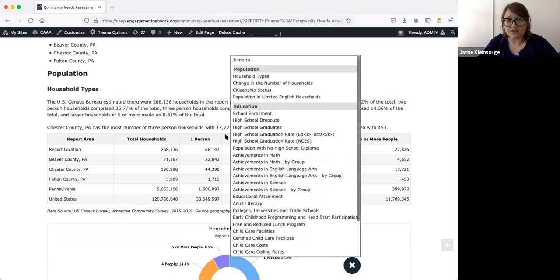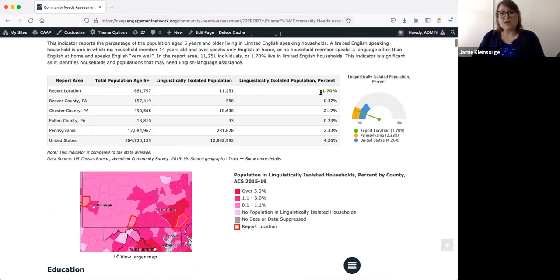And I think that's also something to point out. For example, this linguistically isolated indicator here, it looks like the report location is doing pretty good compared to the state and national averages. But when we look at each of the counties themselves, we can see that Beaver County and Fulton County are doing just fine, but it's Chester County where we have a large population of folks that are linguistically isolated, right? 2%. And so while that may seem like a small number of individuals, those are still folks that we